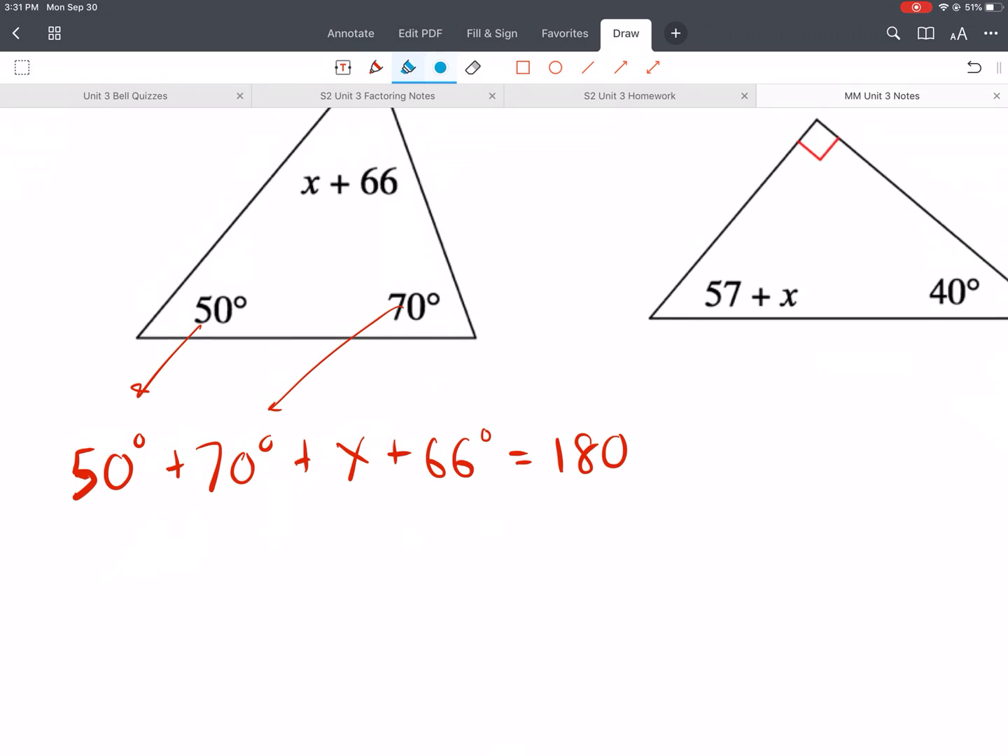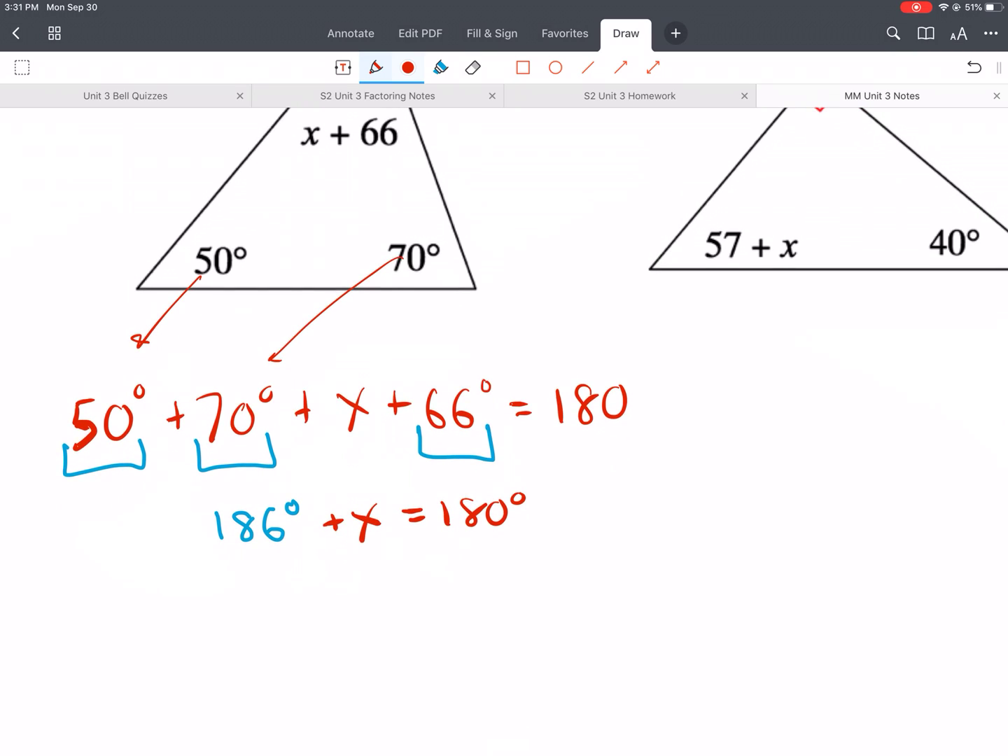So we'll combine like terms. These are like terms, that's like terms, and that's like terms. That ends up giving us 50 plus 70 is 120, and then add that to 66 gives us 186 degrees plus x equals 180. Okay, and then we'll just subtract 186 from both sides, and we'd end up getting x equals negative 6